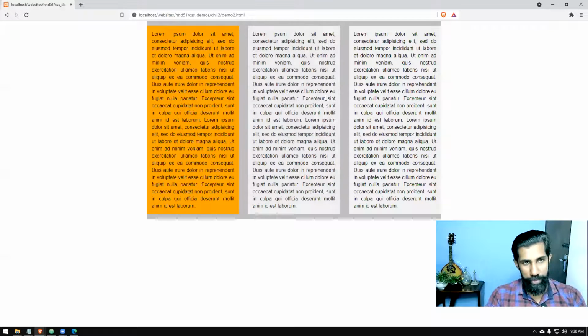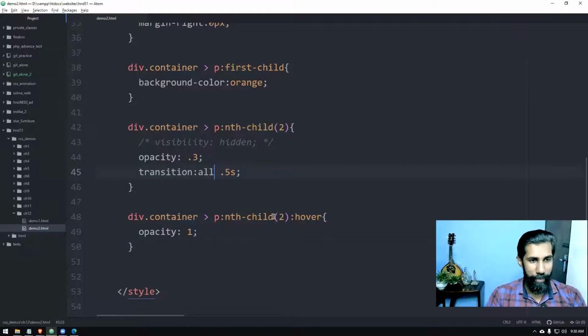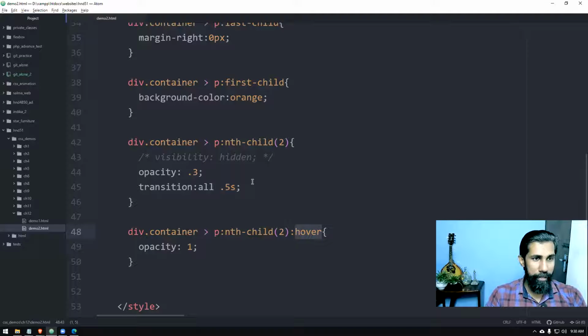So did you see that? Once the mouse pointer comes, it changes like that, right? So that is another small property I wanted to show you. This we already learned. By default, I'm just setting the opacity to 30%. Transition all means, in slides, one slide finishes and the other slide comes; you can give different effects, like fade in and fade out. So 0.5 s means half a second.